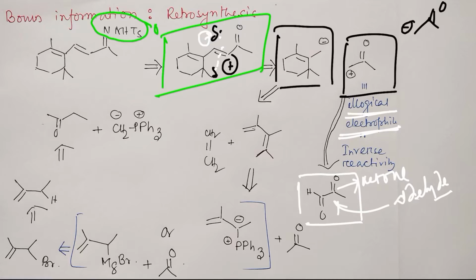So now the question is how to prepare this part. This part could be prepared from the corresponding halogen derivative, because if you react the halogen derivative with a metal, it will result in carbanion preparation. Fine. And how can this be prepared? This could be prepared by a simple Diels-Alder. Why did I choose Diels-Alder? See, it's a 6-member ring, and it contains one double bond. So the disconnection approach should be: this bond will come here, it will come here, and this bond will come. So it's a diene and a dienophile, and the dienophile is ethylene, a simple molecule.